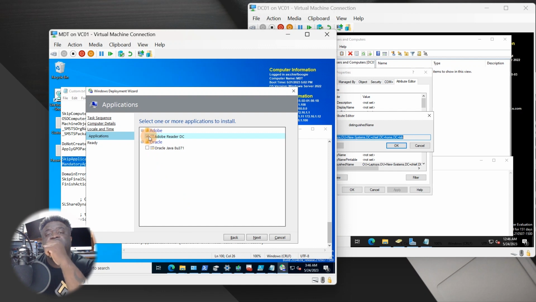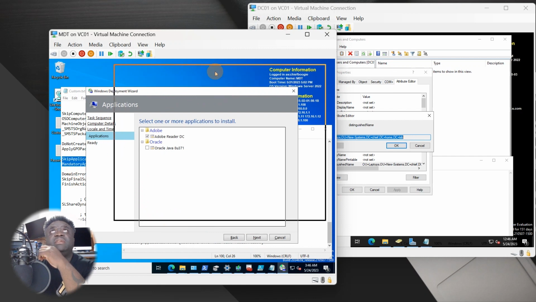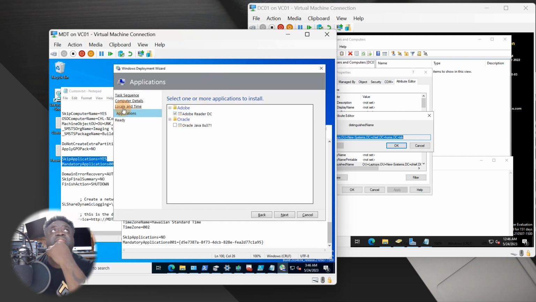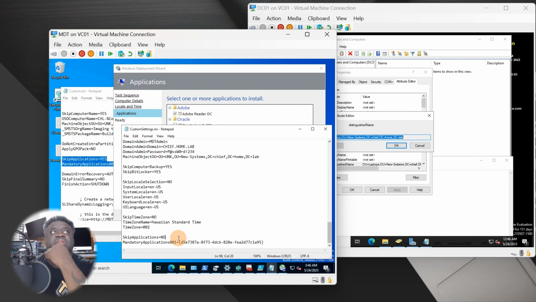When you're skipping your applications, basically you're telling it, skip the screen because I don't want to see it, because all of the mandatory applications that I need to be installed, they're going to be installed with this image anyways. Okay, so as you can see, you have your mandatory applications, you got your locale, you got the computer details, all of those are set. So since we have those, right, and those are good to go, we can now say